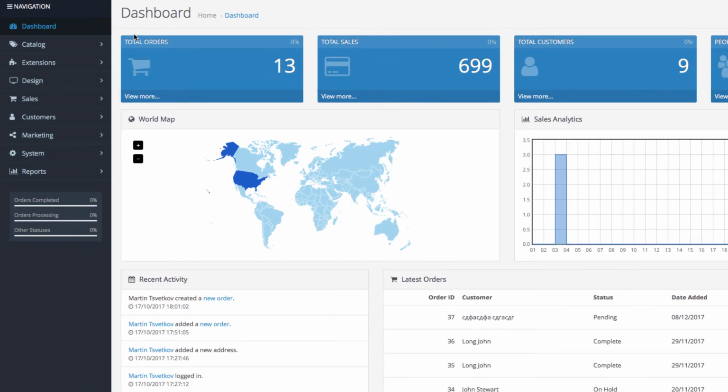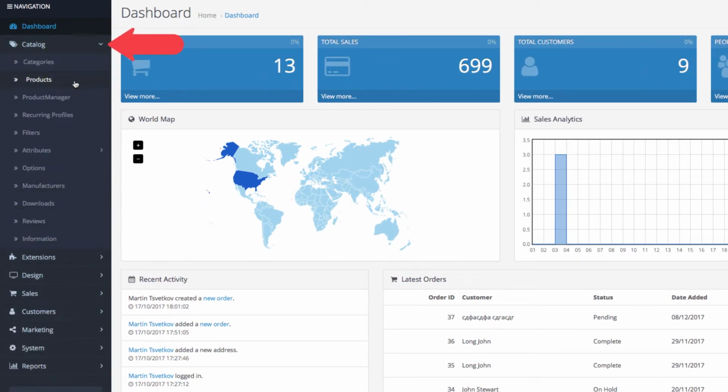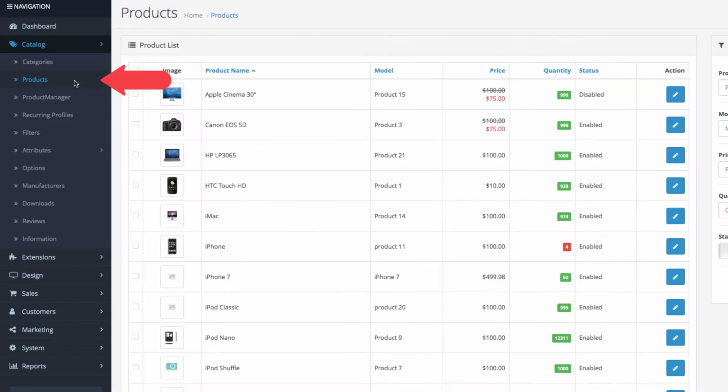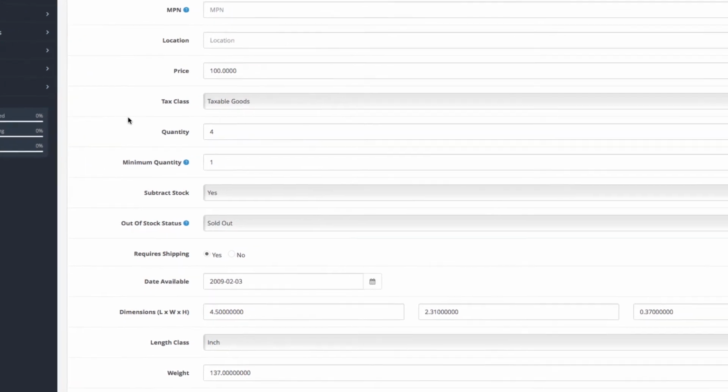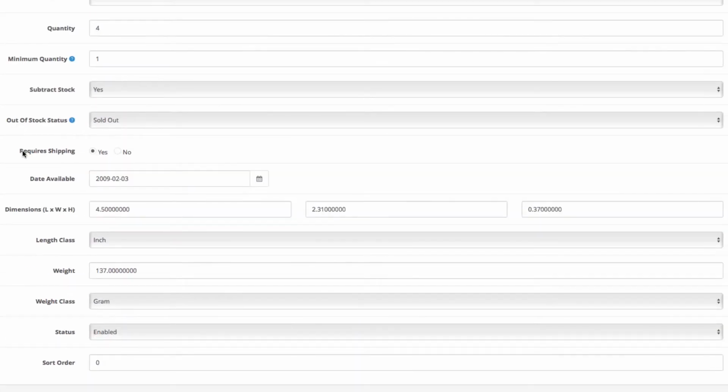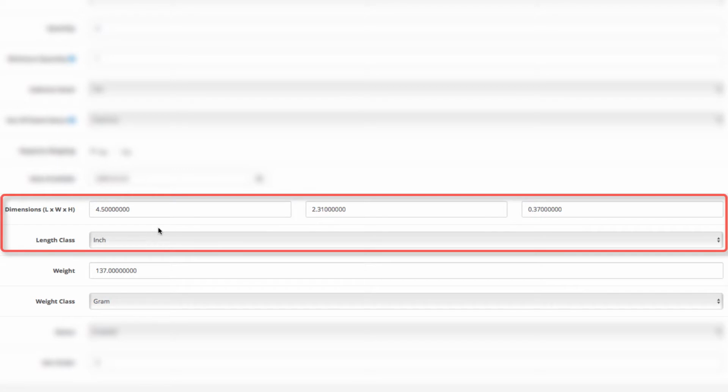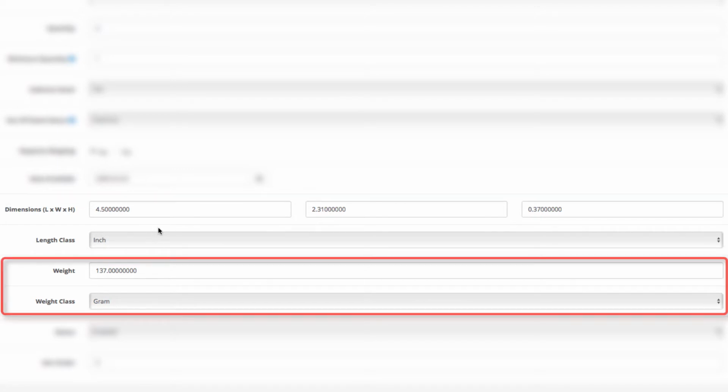First, go to your OpenCart 3 admin and then go to Catalog. Open up the Products tab and select a product. Following, click Edit. Go to the Data tab and scroll to the bottom. Okay, so these are the fields you will be using for defining the product dimensions, weight, and the units you'll